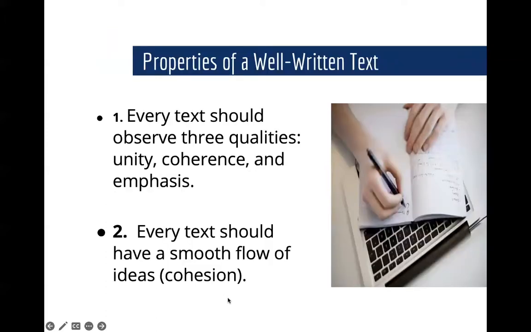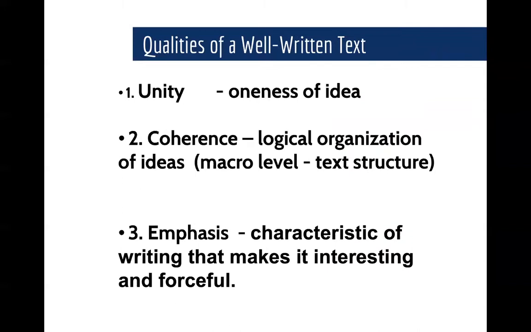Next, now we're going to talk in detail about the properties of a well written text. Every text should observe three qualities: unity, coherence, and emphasis. We will discuss these three qualities one by one as I go along with my discussion. Number two is every text should have a smooth flow of ideas, and that's what we call cohesion. Next, I'm going to give you some practical tips on how you can achieve these qualities of a well-written text,